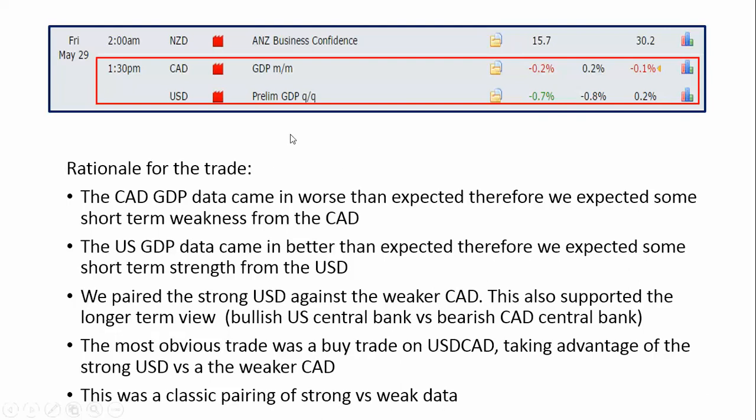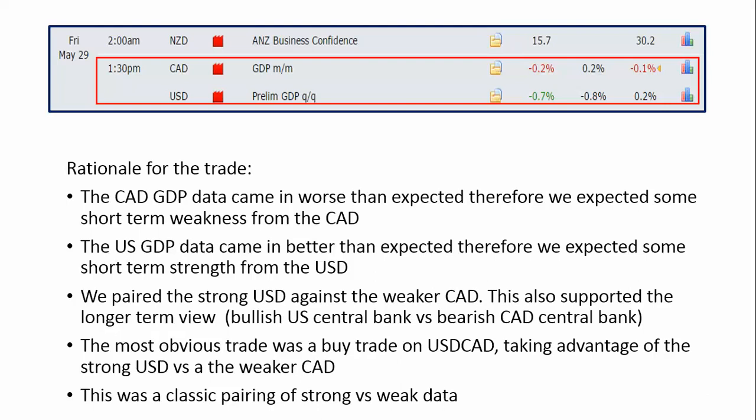So as we can see here, the rationale for the trade, this is your trading plan or your trading idea. Why did we buy dollar CAD? Well, the Canadian dollar was suffering from some short-term weakness because of the worse than expected GDP figure. Whilst the US GDP data came in better than expected, therefore we expected to see some short-term strength in the US dollar. So our whole thought process around buying dollar CAD was to benefit from the stronger dollar and the